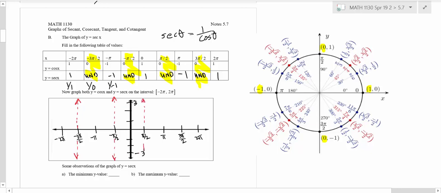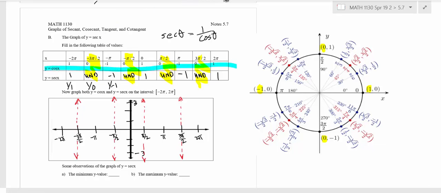And pi over 2. And then 3 pi over 2, like that. Okay? And then what you want to do is just sketch the cosine wave. So you can just sketch this second row, just do the cosine. Okay, when we get past exam 3 and you start working on your graphing, just remember